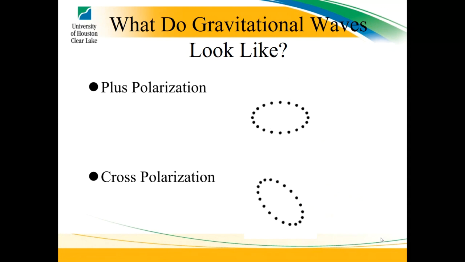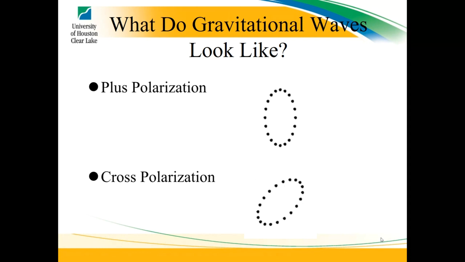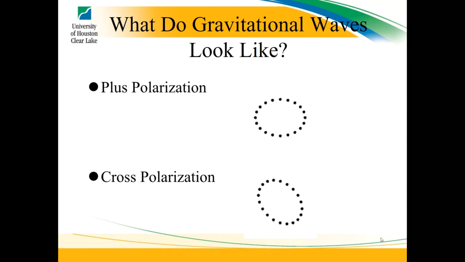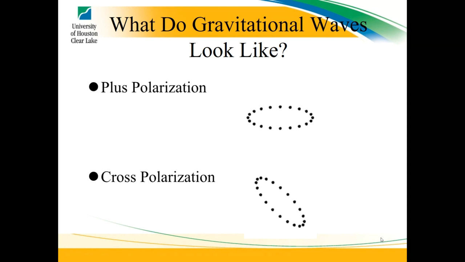Or you can have a cross polarization where it forms like an X. And so you can see the plus polarization forms a plus like this. And you can even combine the plus and the cross polarizations, and you'll have what will look like an ellipse that'll just be rotating. So it looks like just a rotating ellipse. And so the neat thing is that just like electromagnetic waves have a polarization, gravitational waves can have a polarization. And we might even be able to find some information from what the polarization is.